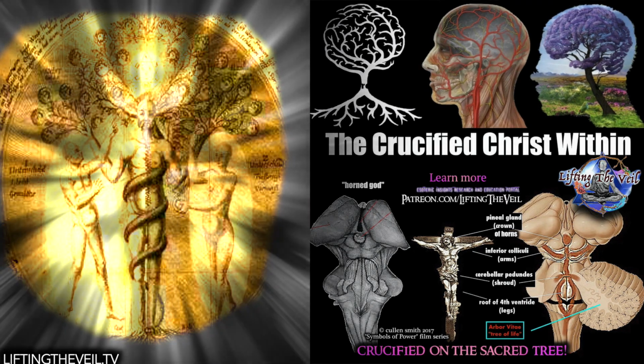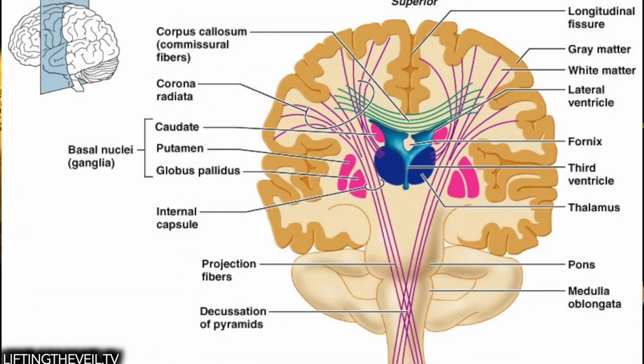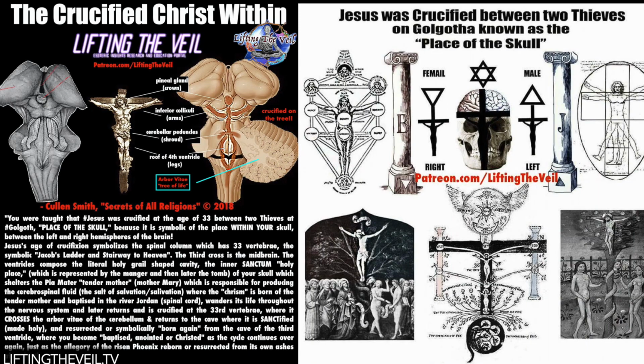And just as we have the same symbolism of Christ crucified upon the brainstem once again, as the cross is literally the cerebellar cross, where the neurons and the intersections occur in the brainstem, which is literally the crux. It is the cross. It is literally the crux of the brain. But so this is how the sacrificed and slain and resurrected God is